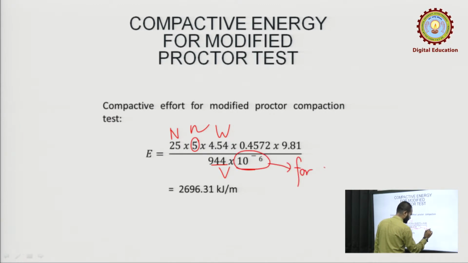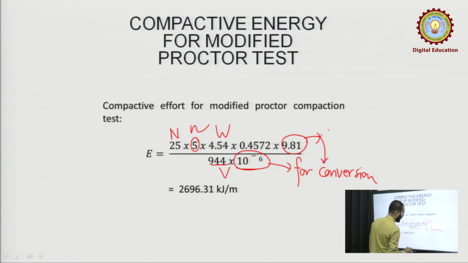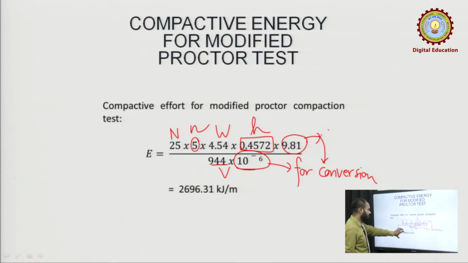Don't get confused in this, it is also used for conversion only. And this was the height of fall. So again we calculated, and now you can see how much the energy has